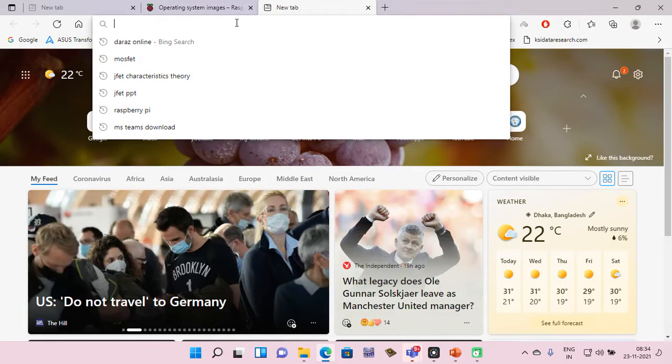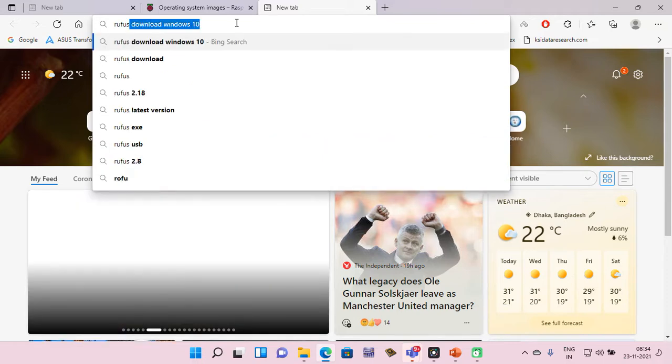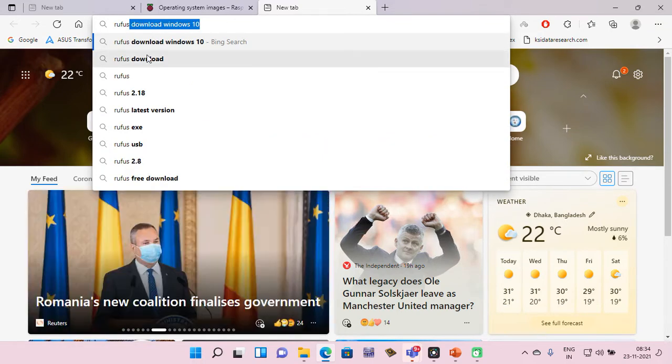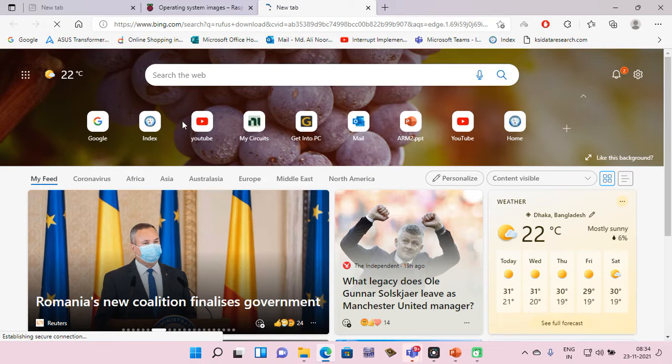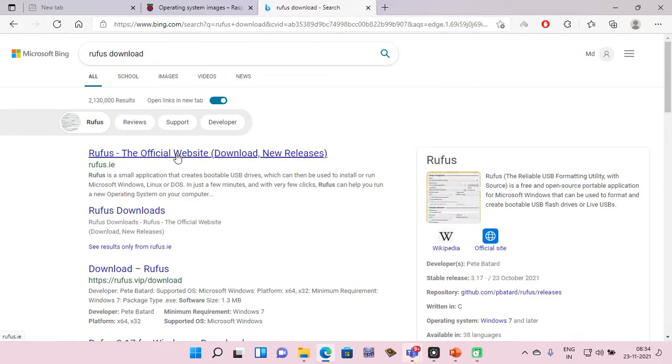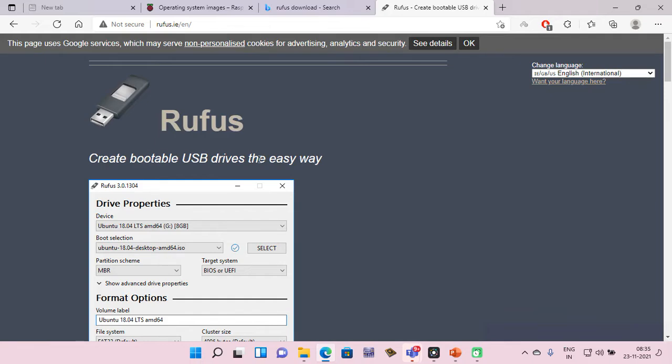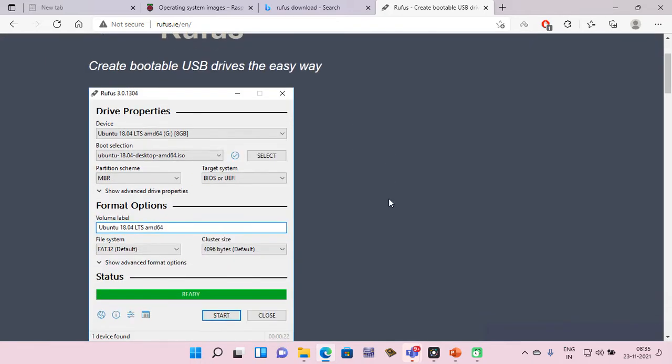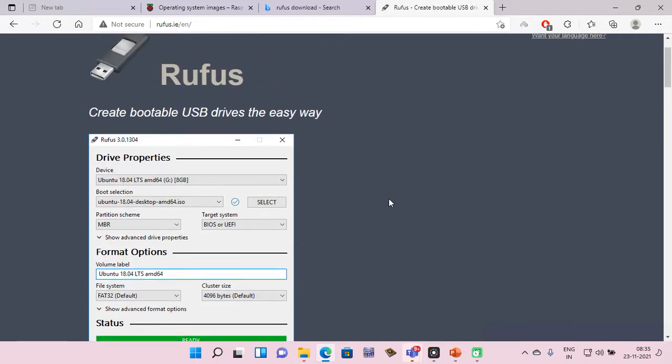Rufus. This is a very good software, a small software. Rufus, download. This is a very capable software, very small in size and does a great job. If you want to write any type of operating system or image on the SD card and install on the SD card, this is, I think, an excellent choice to work with.